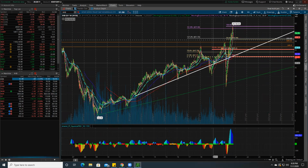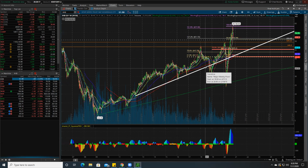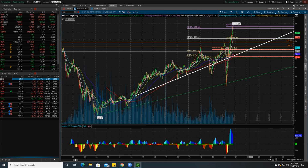So I found two very significant clusters. Now, if I left all these up, you guys would see nothing but 1,000 lines, like a 2-year-old drew the chart. So I just tried to keep the most important ones and highlight them. But if you do this yourself and just simply run the Fibonaccis, just like I'm showing you on the weekly, each one, you will see, and literally, they're all